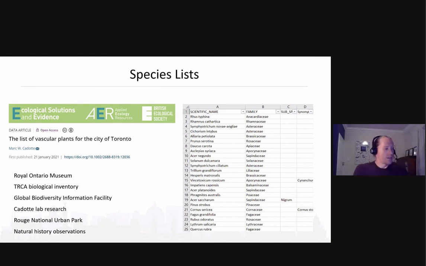And I think in this data set, Mark used several different species lists, including records from the Royal Ontario Museum, TRCA's own biological inventories, GBIF, records from Mark's lab, and some other sources to inform this database.